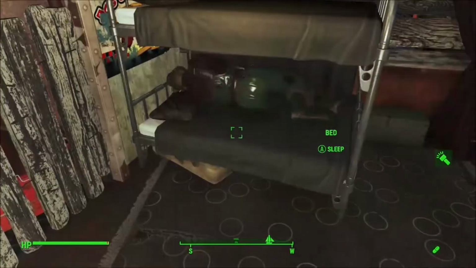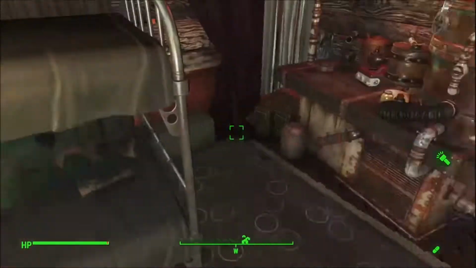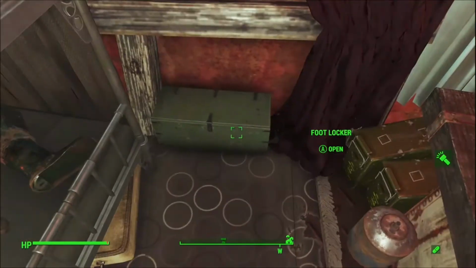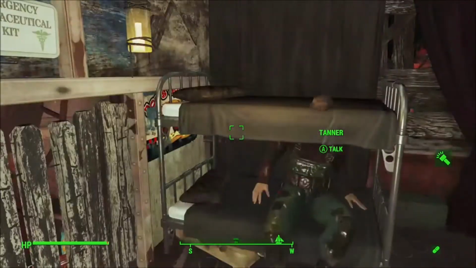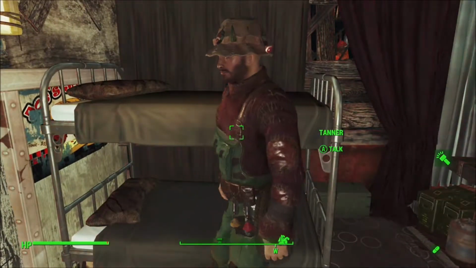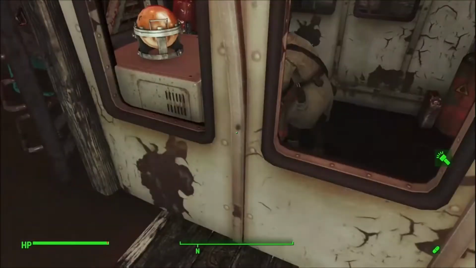You got your bunks. And apparently, we've got a guy sleeping on here right now, Tanner. I don't know if that's a Far Harbor resident or if that's from this mod. I'm pretty sure it's a Far Harbor resident, but let's find out here. Hey. He could be the owner, might give it to you or something. Who knows? No, it's just a Far Harbor resident taking a nap on my boat. So yeah, in any case,